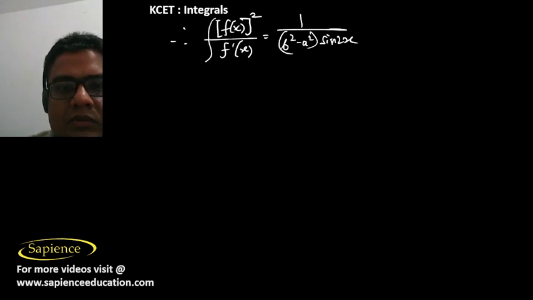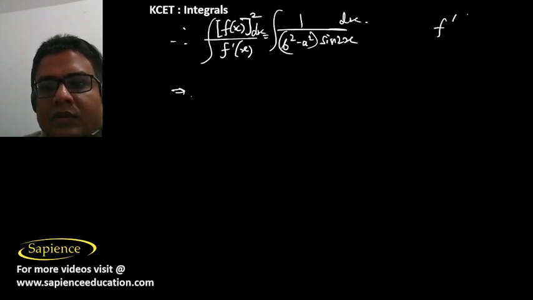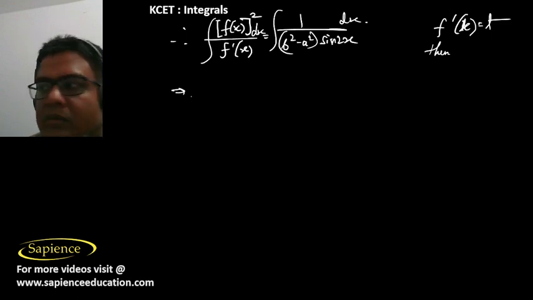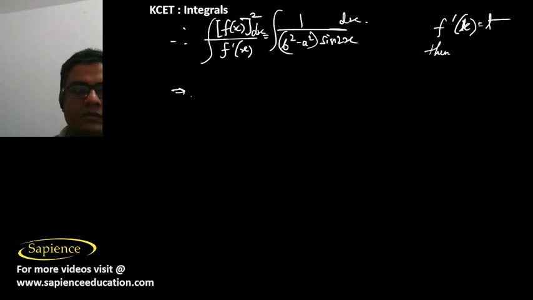If we integrate both sides with respect to dx, then we get, so if we take f dash x as t, then, okay, so if we take log of